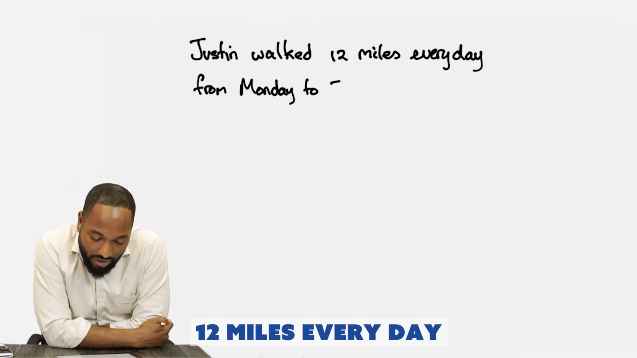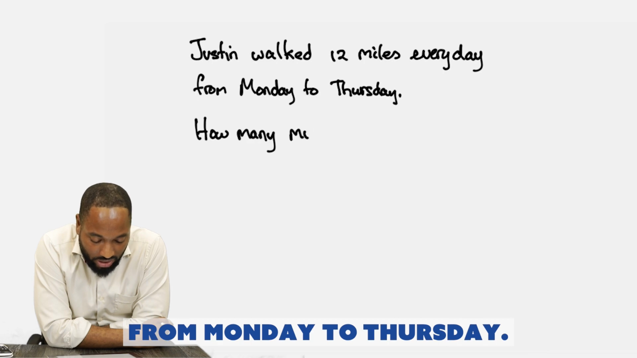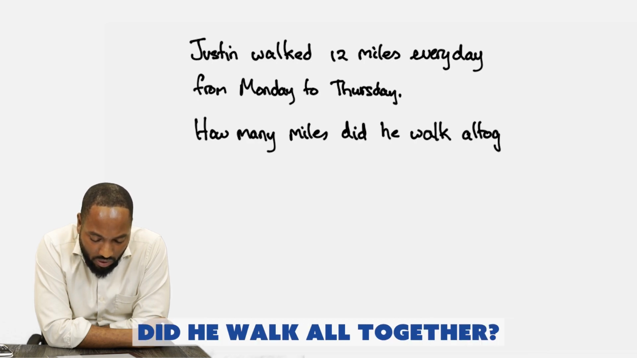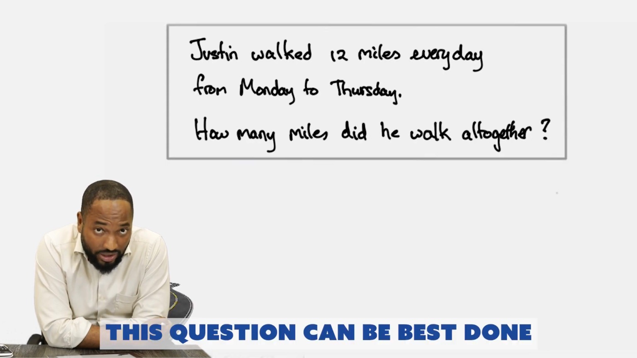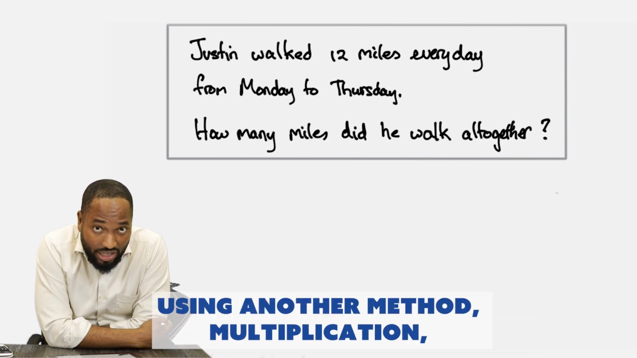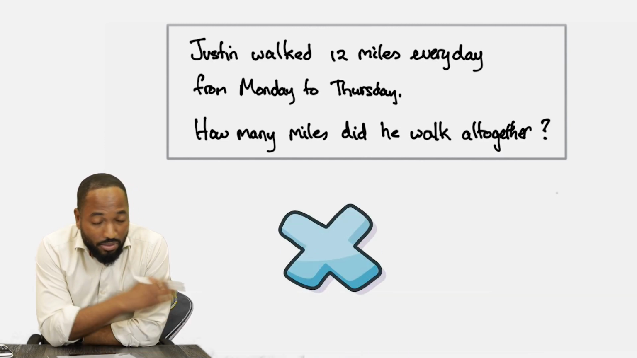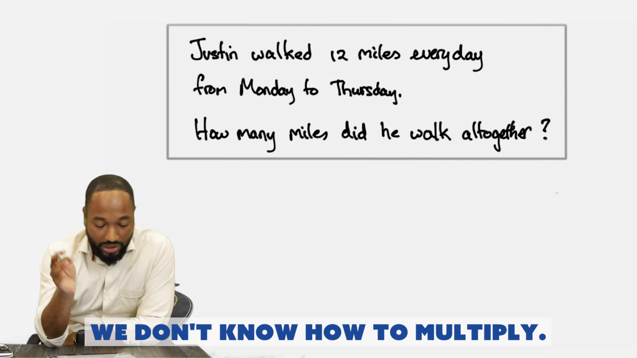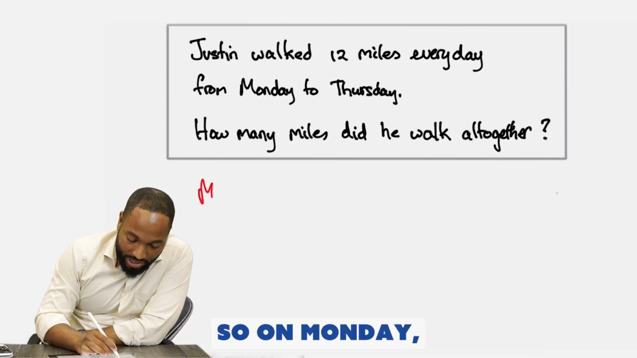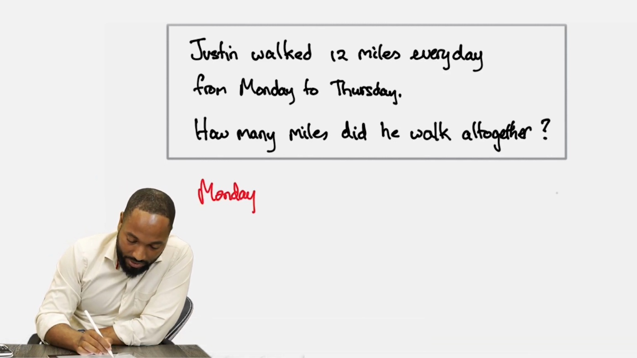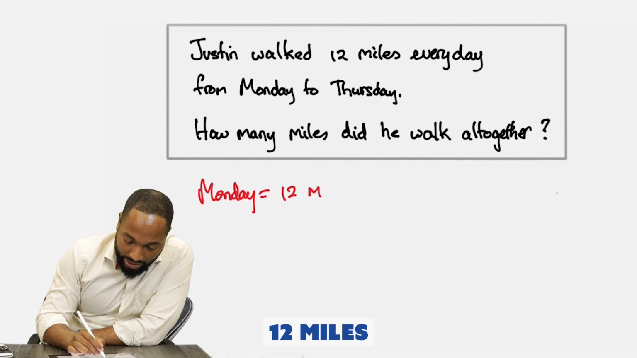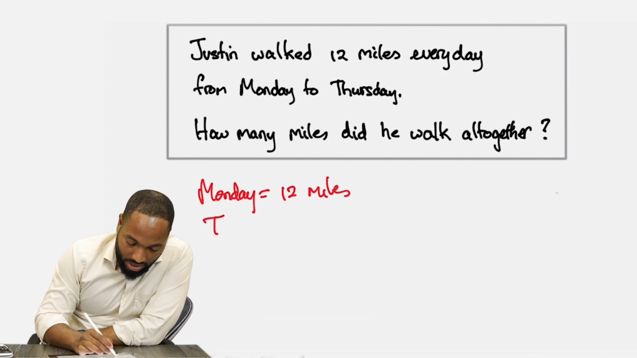Justin walked 12 miles every day from Monday to Thursday. How many miles did he walk altogether? This question can be best done using another method, multiplication. But let's pretend that we don't know how to multiply. So on Monday, 12 miles. On Tuesday,